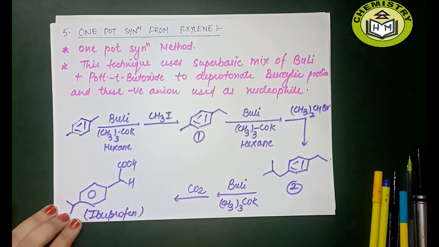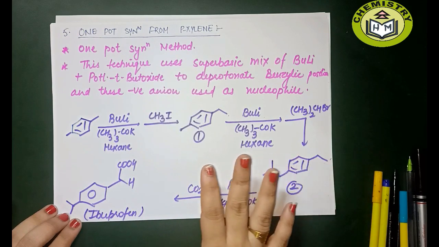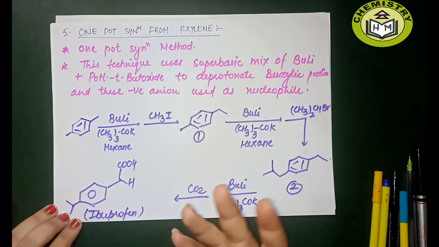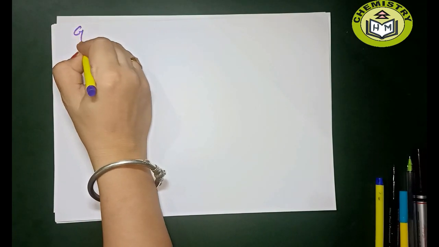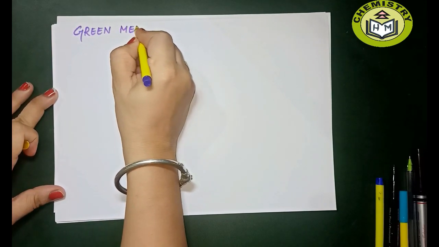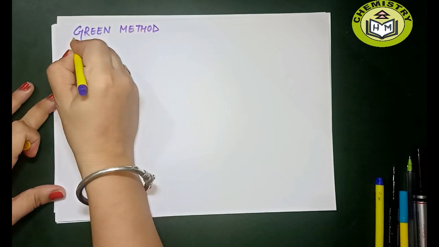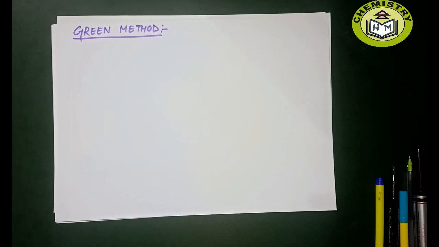Whatever the method which you feel is easy, you can prepare it for your exam, right? These are the 5 methods for the synthesis of ibuprofen by the conventional method. Now I am going to add the method which is the green method for the synthesis of ibuprofen, right? Now in the green method, what we have to do,